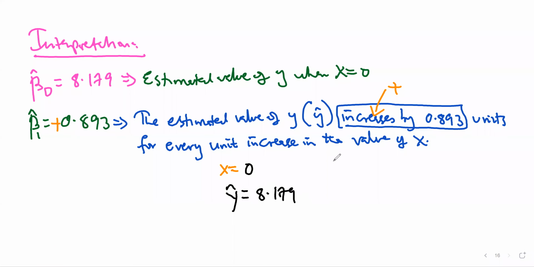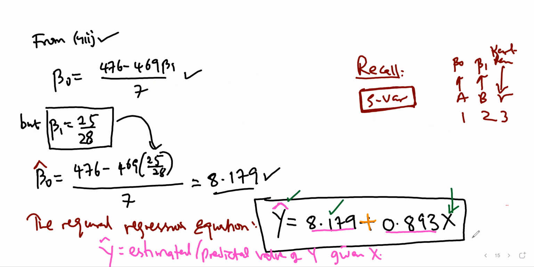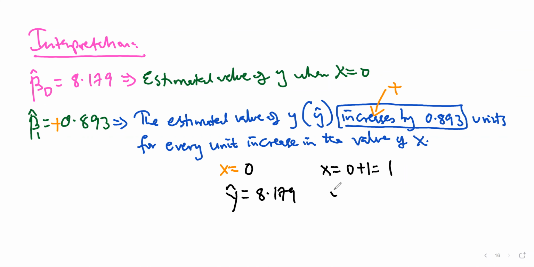But if you increase x by 1 unit, from 0 to 1, then what happens? In other words, if you put a 1 there, then your estimated value of y will be 8.179 plus